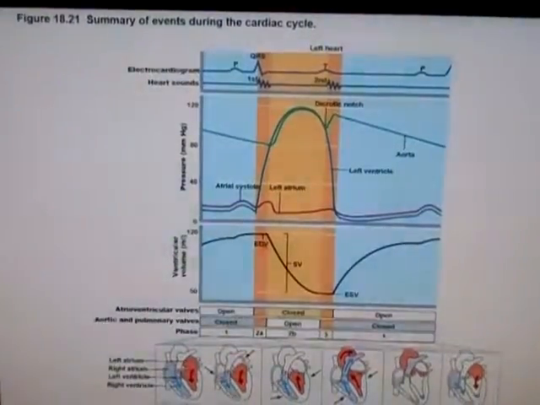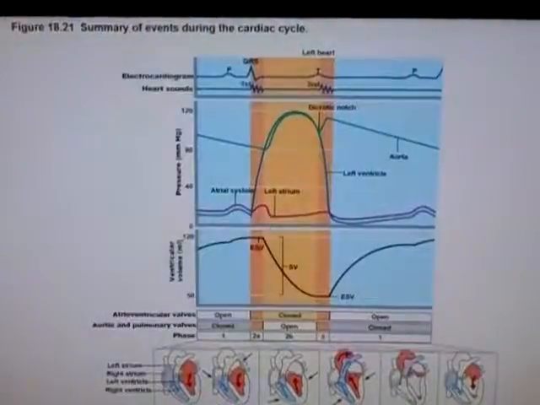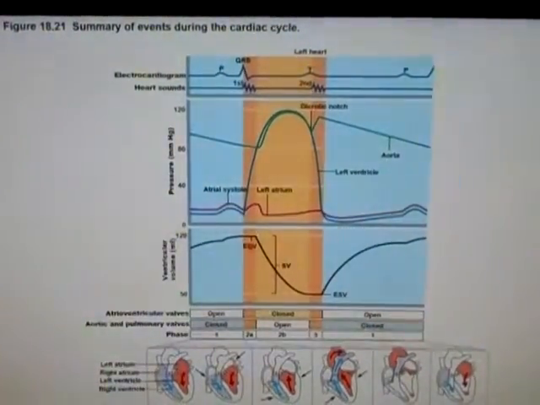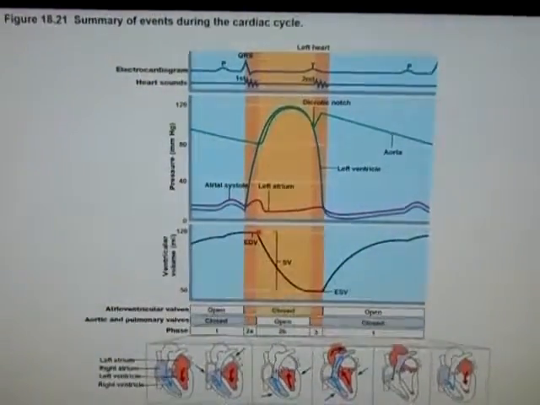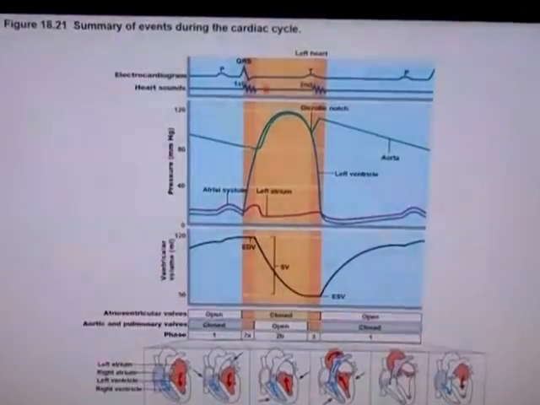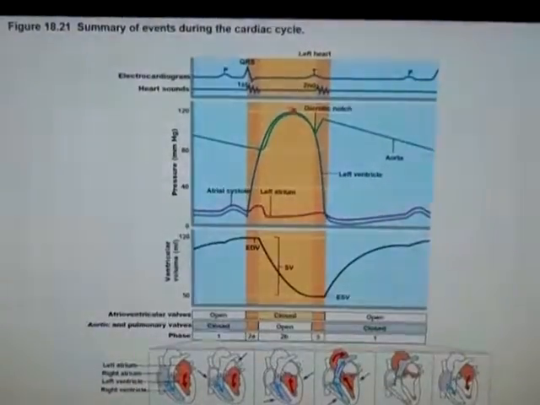Up near the top, you see these letters EDV. That stands for end diastolic volume. And that represents the amount of blood the ventricle begins with when it's maximally filled. And as we said, when the semilunar valves open, blood will be ejected, which is why our volume line is going down. It can only maintain that force for a brief period of time, and then the